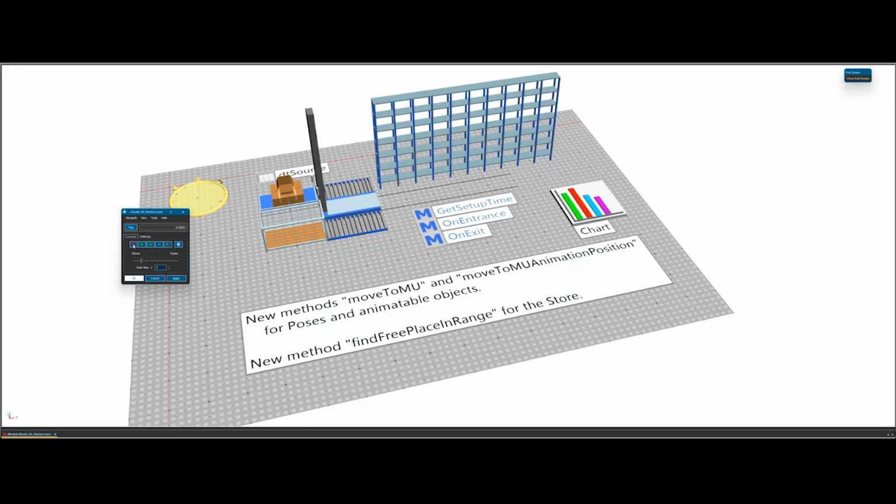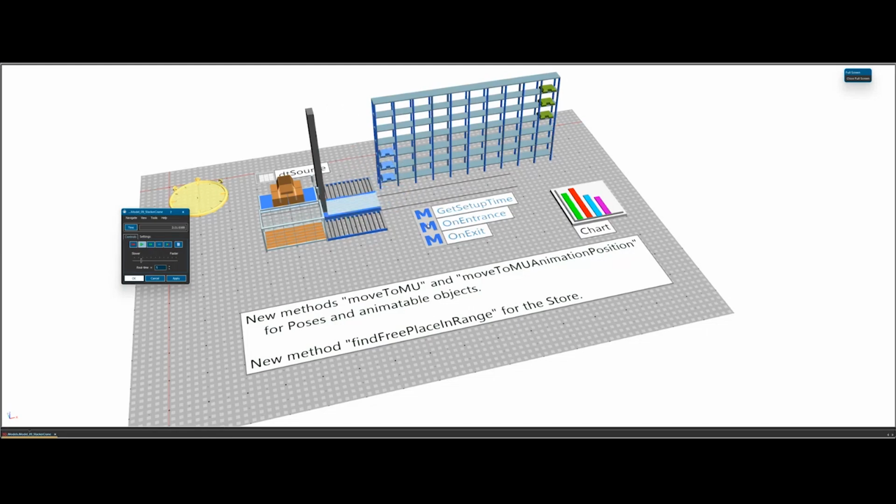One is a function that you should definitely know about, and that is a great addition to the store object, which has now this method find free place in range, which allows you to define a partial range of the store where you want to look for a storage position.